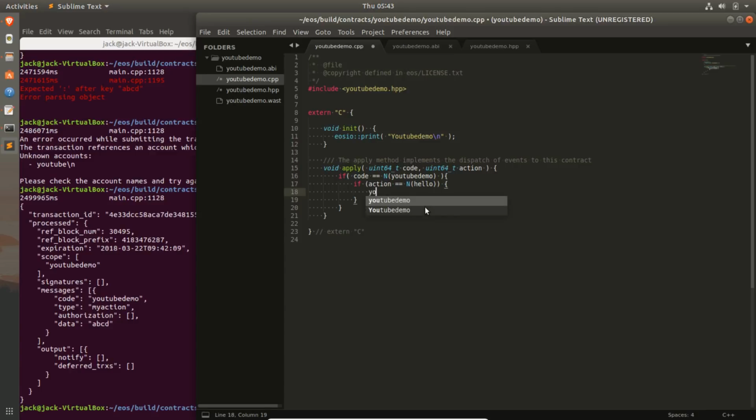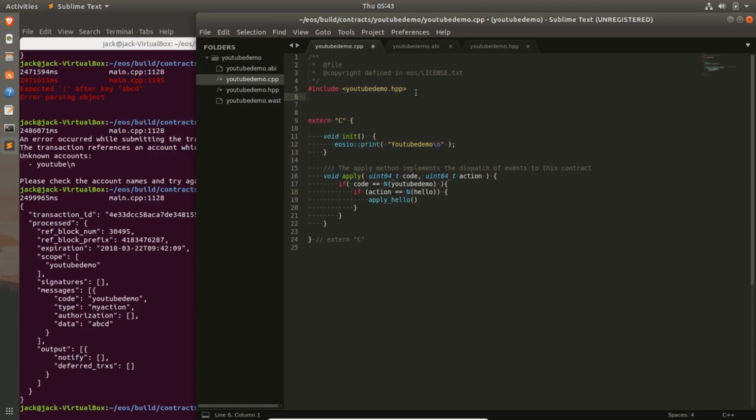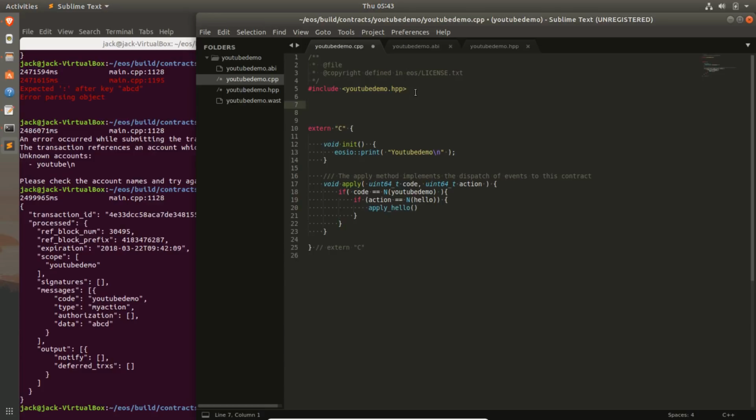We will send to the, well, here, let's explain this. So now if we send the hello action, we're gonna go to some specific handler, and we'll just call it apply hello for right now and get back to it. So now when I'm writing the apply hello, it's gonna come up here, and we're gonna write some sort of